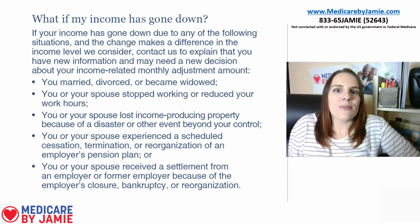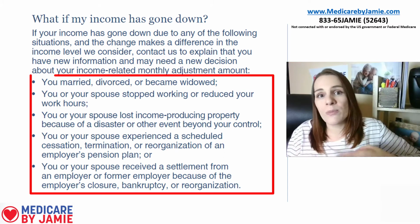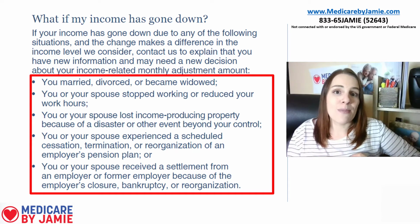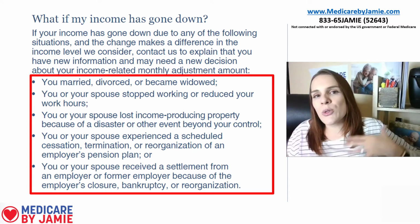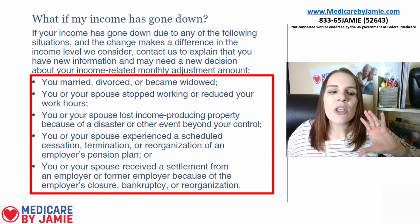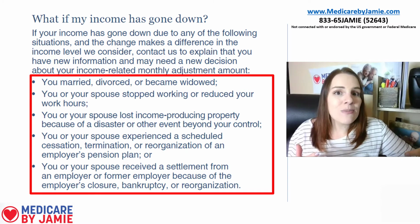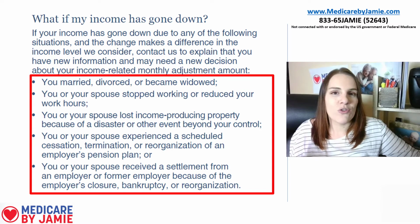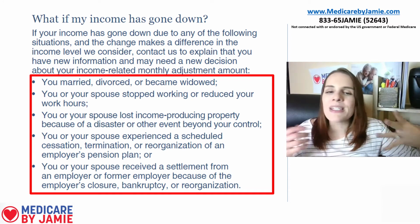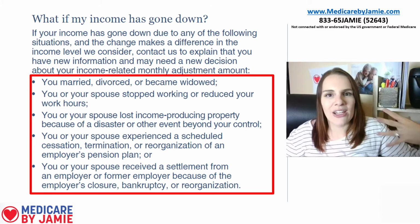What if I'm not making what I was making in 2018? And there's a couple different reasons for this. You could have gotten married, divorced, or be widowed. You can have stopped working, or your spouse stops working, which I think is probably the most common occurrence. You could lose some income producing property, maybe a rental that you sold, or there's a disaster. Unexpected termination of your pension plan or your spouse's pension plan. Your pension plan can just blow up. That could be a big issue for your income. Or you can receive a settlement because your employer closed, had a bankruptcy, something like that. All these could be considered reasons as to why your income may have gone down,